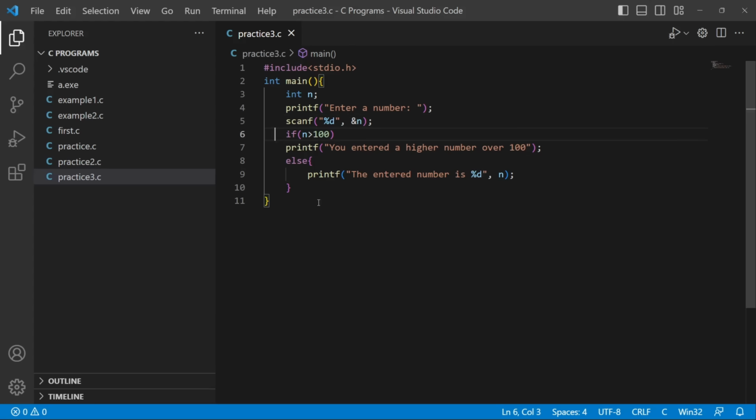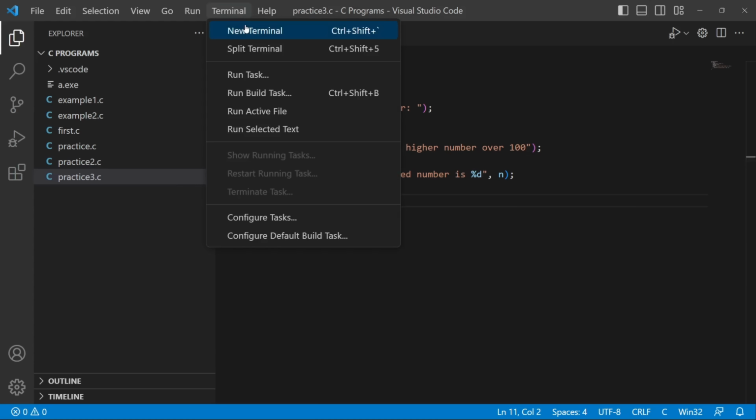In this, I first check our input: if the user input is greater than 100, then we have to print this statement, that is, you entered a higher number over 100. And if the user enters a number less than 100, then we have to print this statement, the entered number is %d, that is, our output is an integer. Then we have to enter the value of n, that is stored in our n variable. Let's save this program and run it